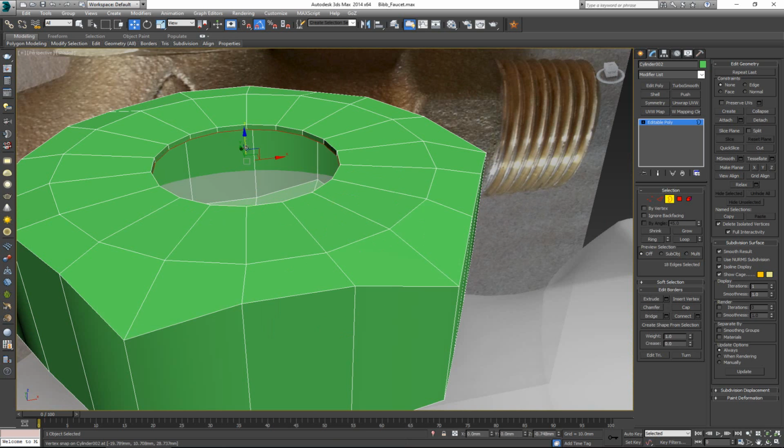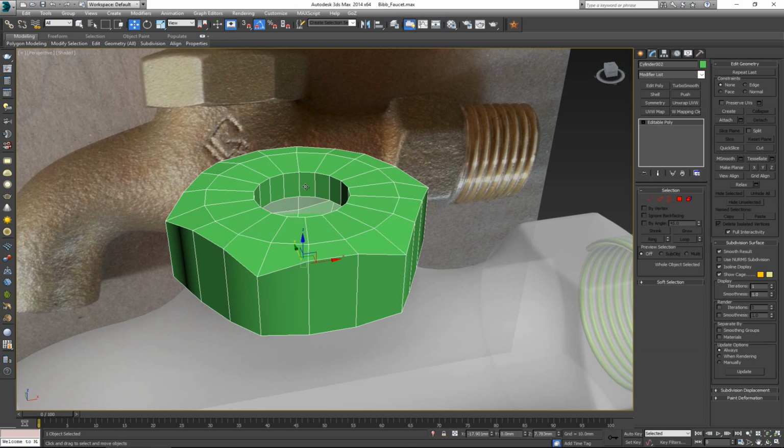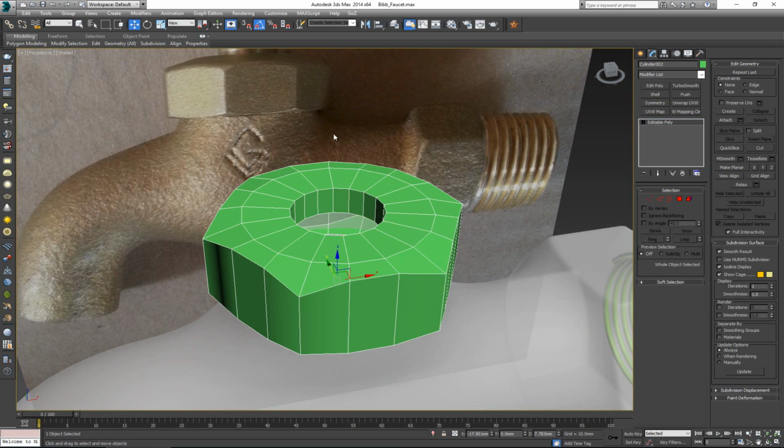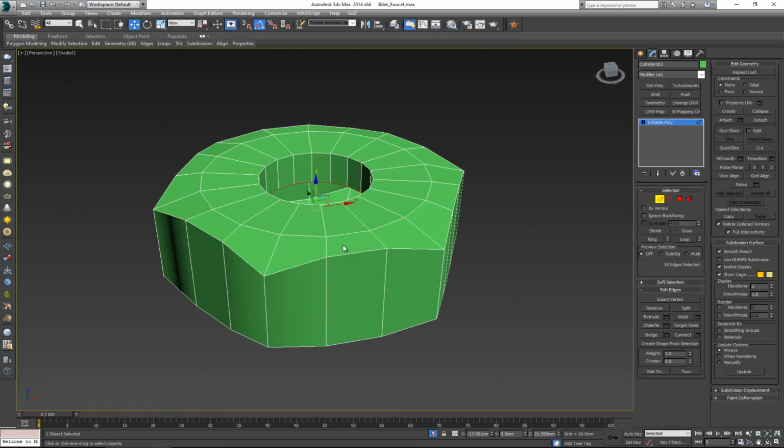Pull it inwards just once, and that should be enough because this is really not going to be seen. But in case you get close, now you have the helping geometry to help with holding the form. Let's just put in the supporting edges again, corners,